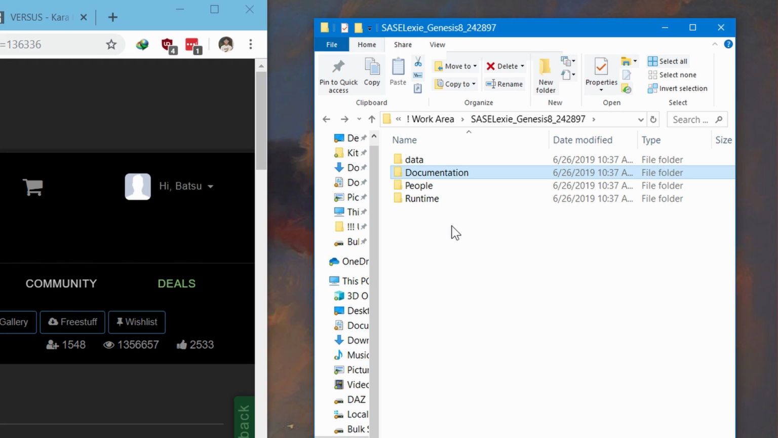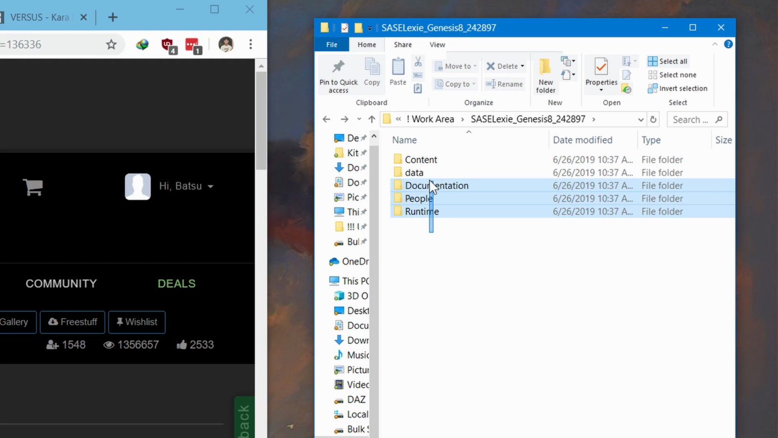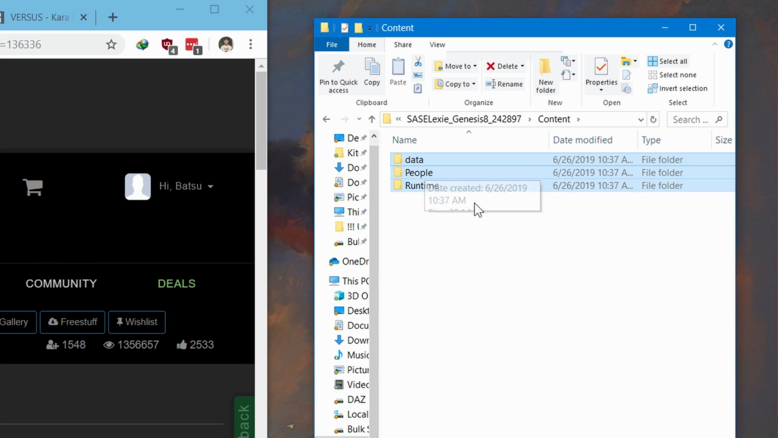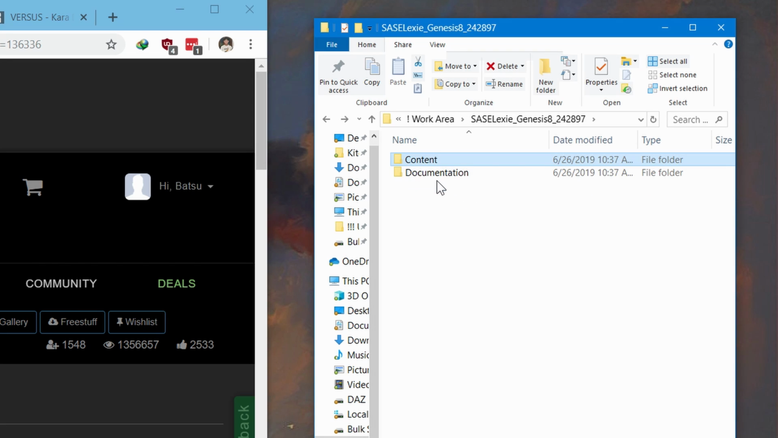So the first thing I want to do is create a folder, and I'm going to call it content. Then what I want to do is highlight everything except for the documentation folder. I'm just going to drag that right inside of content. And if I double click on that, you'll see there's the files that I need. So I'm going to back up, and all you have to do is